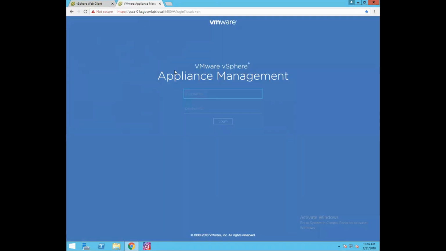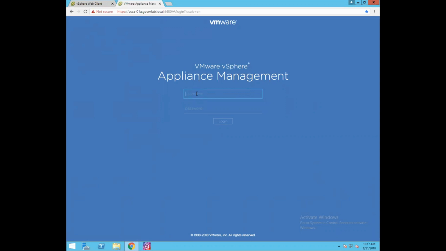This is my appliance management page, also known as WAMI. To get access to this WAMI page, you have to provide the vCenter Server FQDN followed by port number 5480. Always remember, port 5480 is required to access the appliance management page.